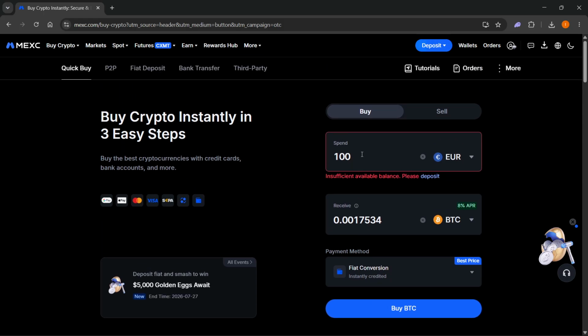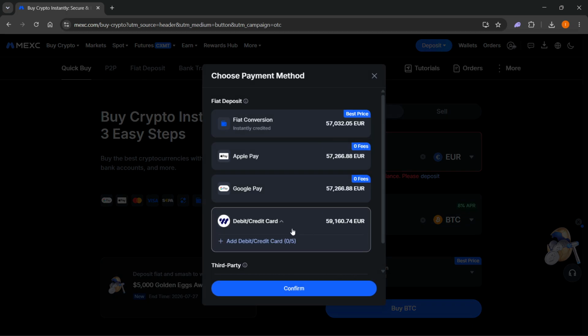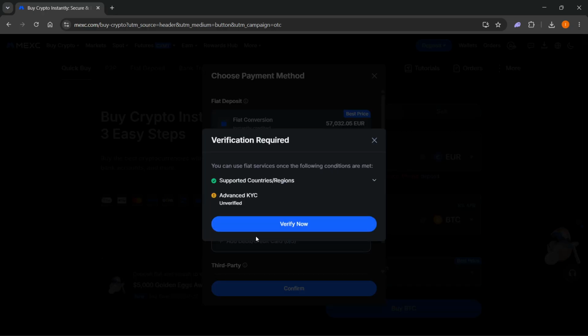And of course, if you do have some available balance, you'll be able to do this. In my case, I selected fiat conversion, which I don't have. So I would have to basically click here, and then I would have to add a debit card. But for this, verification of your account is required, of course. Now, I do have a separate video on how to create your account where I show you how to get